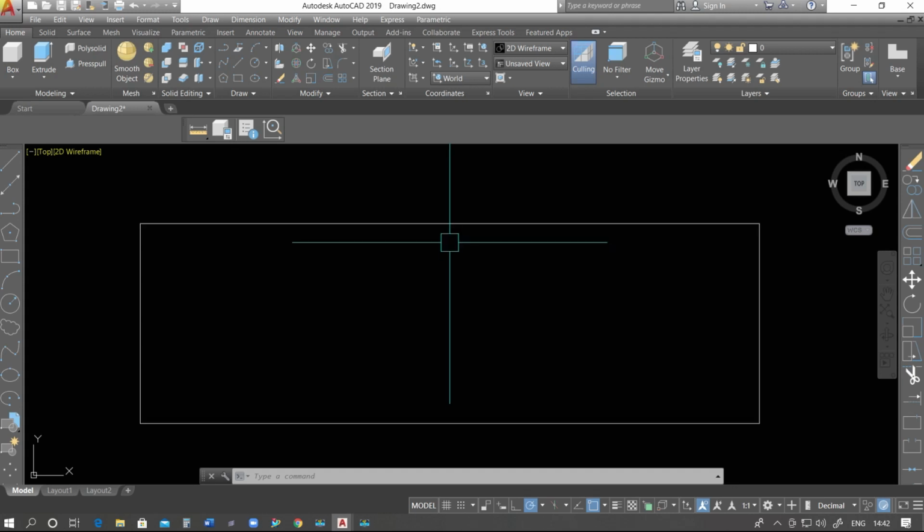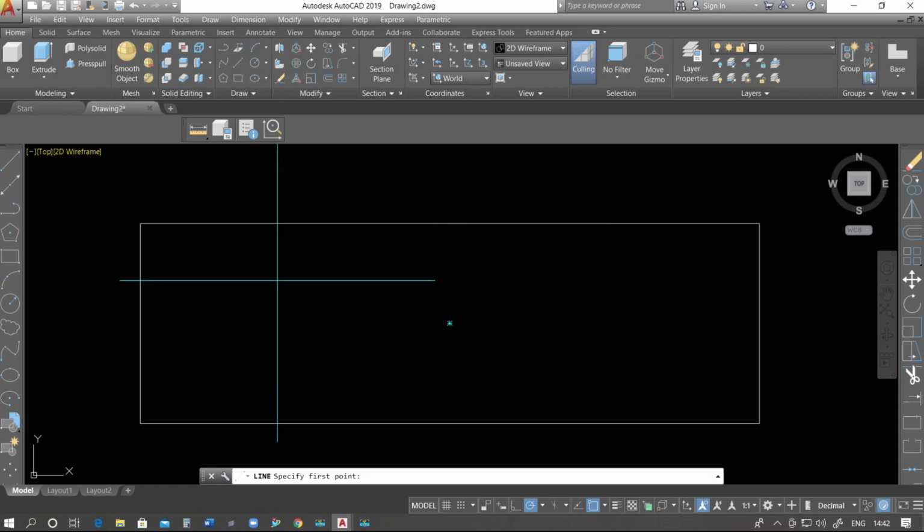We cannot take a scale and put that scale on the screen and mark it. No. What we do is check this command, object snap. I am going to check this one, select the line command, and easily I can find the midpoint of this line. I can easily find the endpoint of this rectangle. We can also easily find the nearest point.